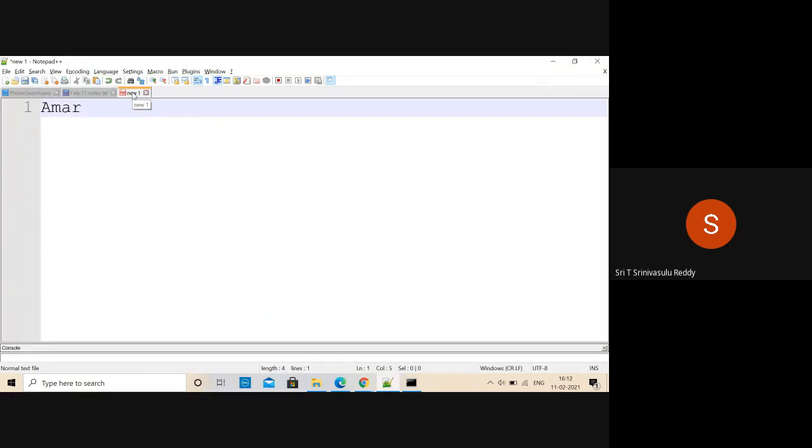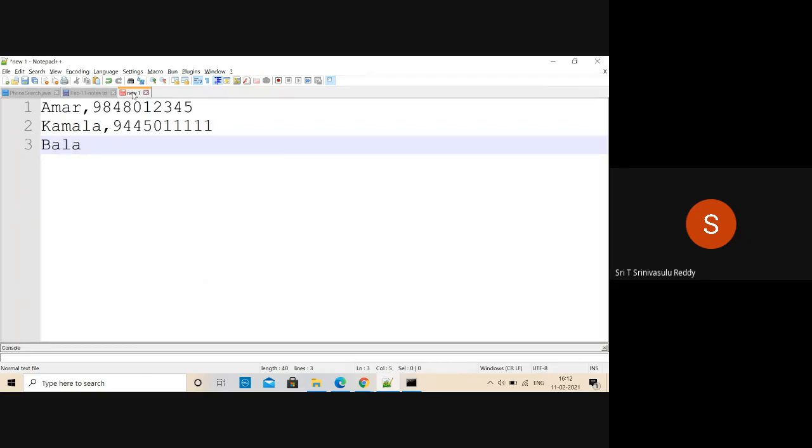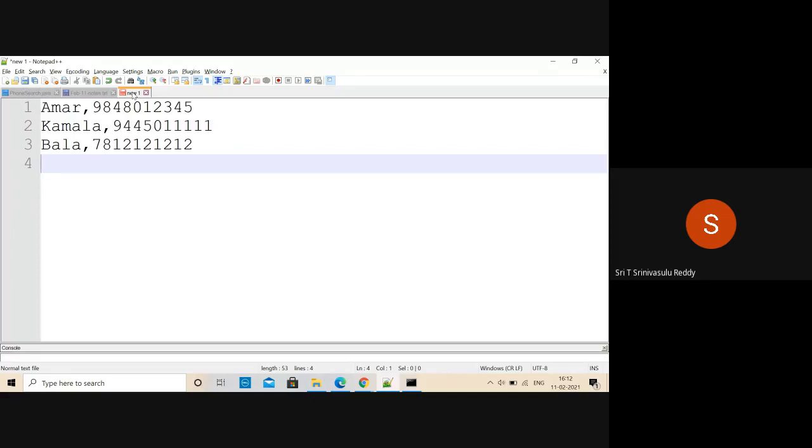For example, Amar 9848012345, and then maybe Kamala 9450 followed by all ones, and then maybe Bala 781212, and then some Hari, maybe 9 followed by 909090. Some fancy numbers like this.